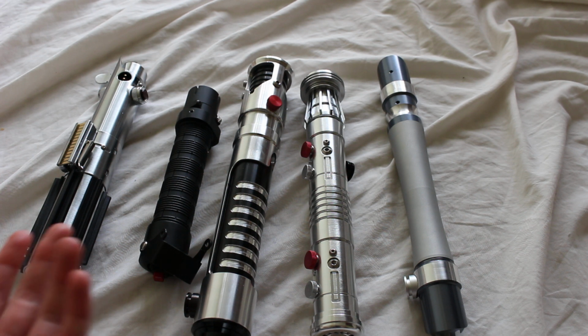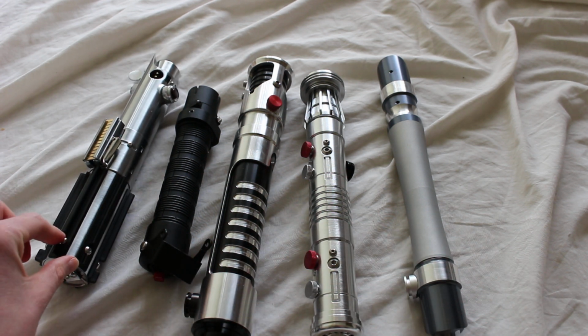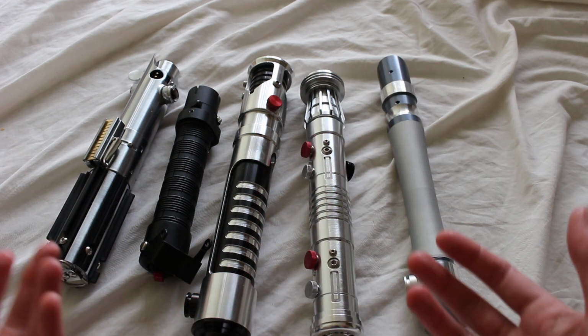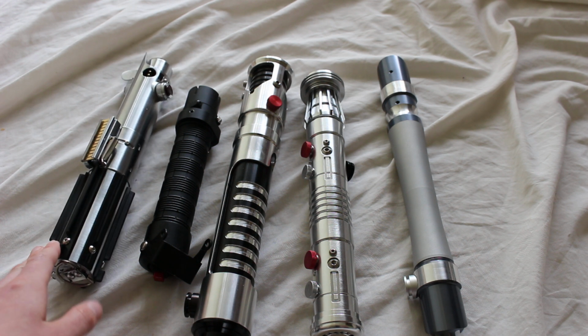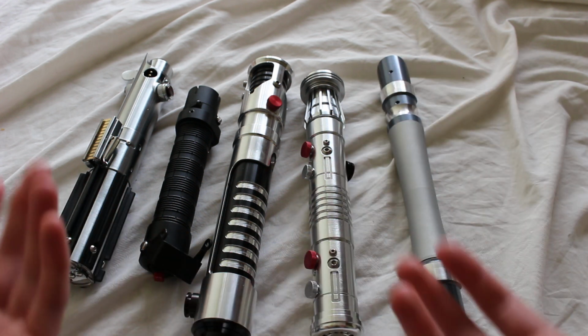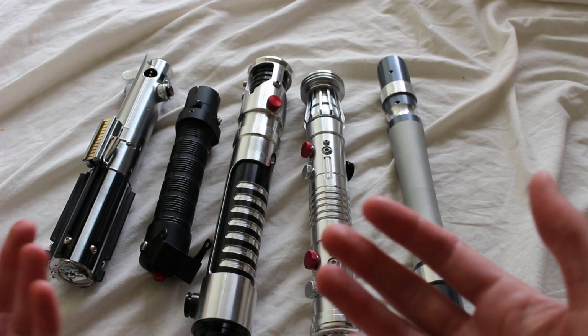With some configurations of Graflex style lightsabers, it's pretty important to have the screws in the notched T-track grip area, because that's how you know that this hilt is an Empire Strikes Back configuration of the Graflex style lightsaber hilt, versus the New Hope style, which doesn't have the notches or the screws there. So